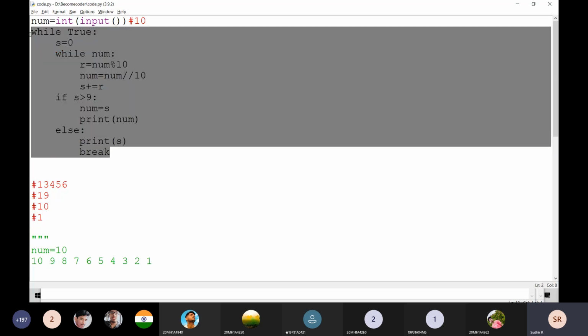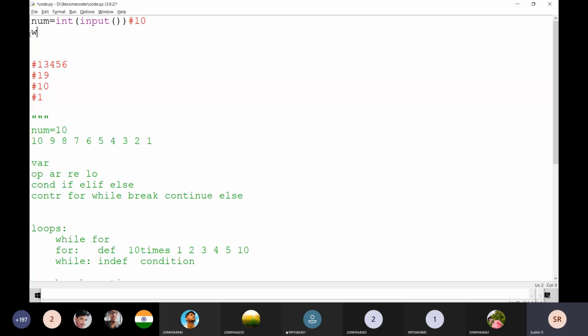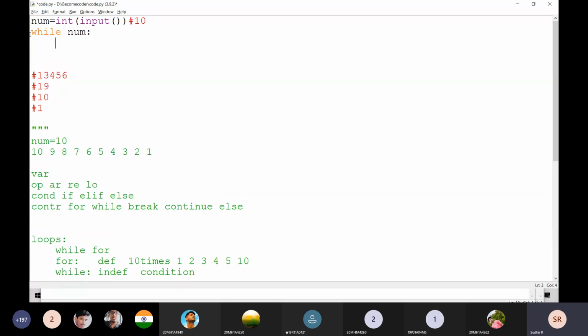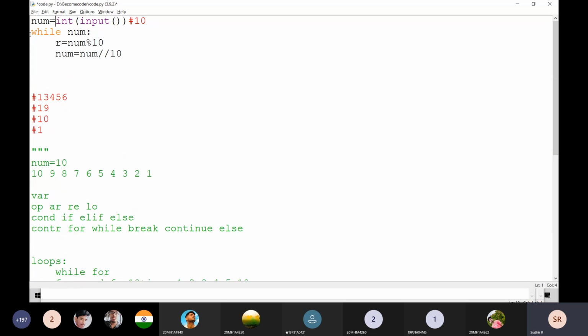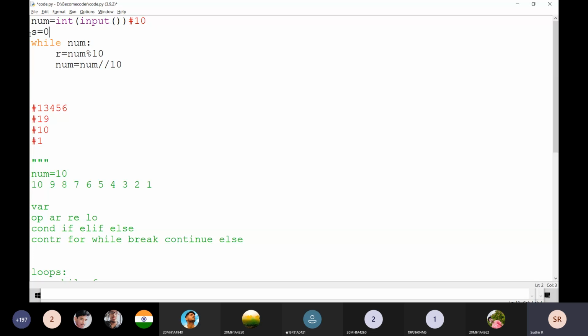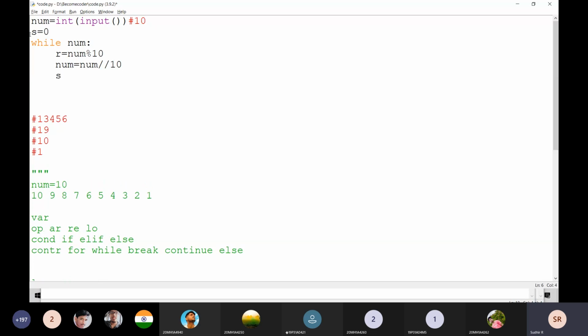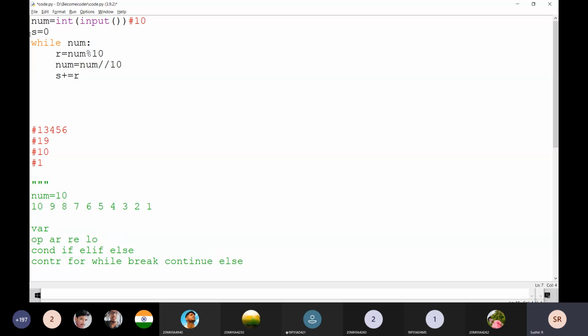For example, while num only, I'm going to write here r is equal to num mod 10. Then num is equal to num by 10. Then I'm going to take one value, s is equal to 0, no doubt about that, and after that s plus is equal to r.